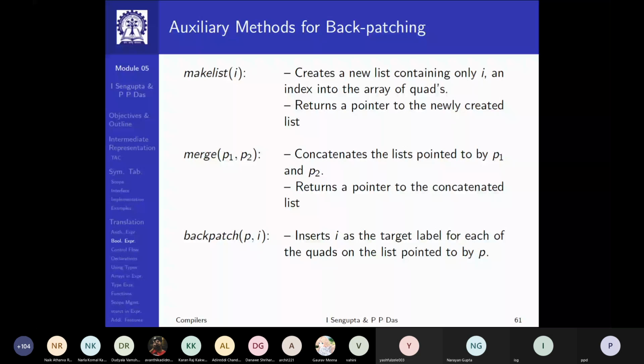So there may be 3 instructions, or those 3 indices, whose target is dangling. The goto is dangling, the address is not known. And you provide I for backpatching. So that I value is put at all 3 of the quads. That's the backpatch function. We will see examples and it will be clear.